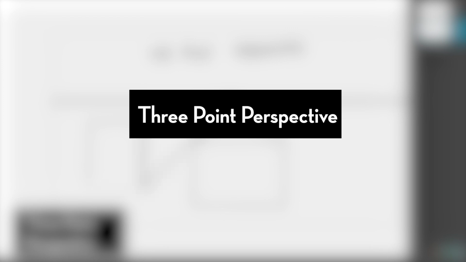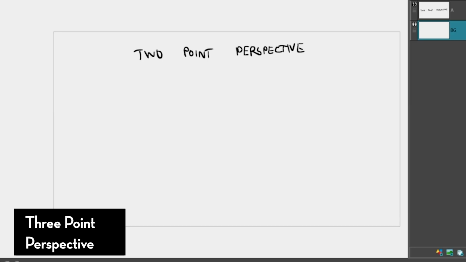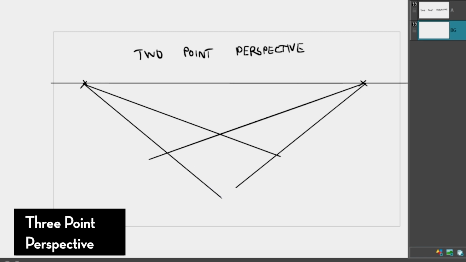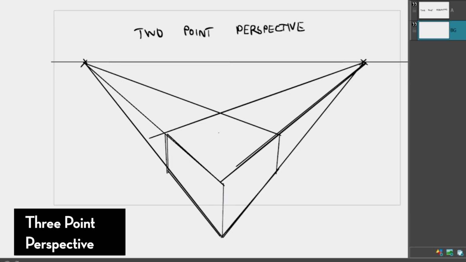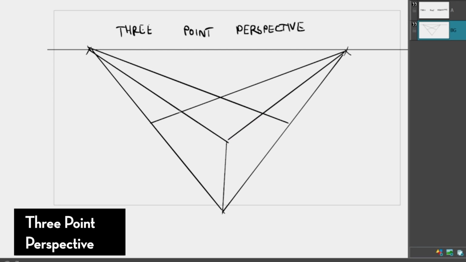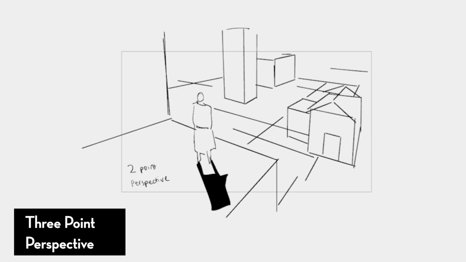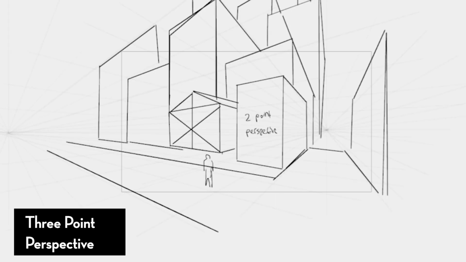I personally rarely use 3 points, but they are excellent in showing scale and dynamism. 3 points are great for big master shots with an emphasis of field of view. Whether you're looking up or down, the perspective starts to feel a bit more forced and pushed. Imagine that you're on the rooftop of a giant skyscraper and you're looking down. Or maybe you're at the first floor and you're looking up at these monolithic skyscrapers.